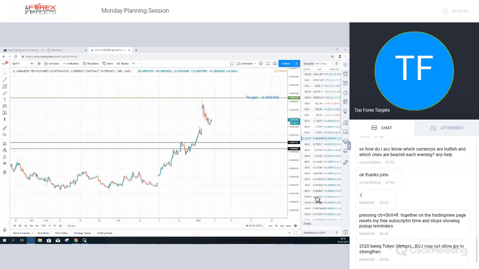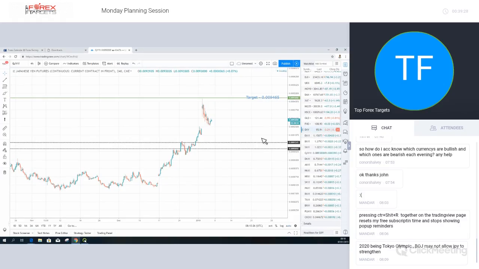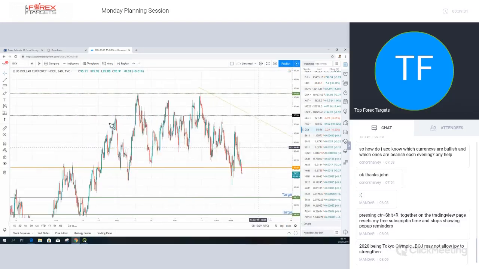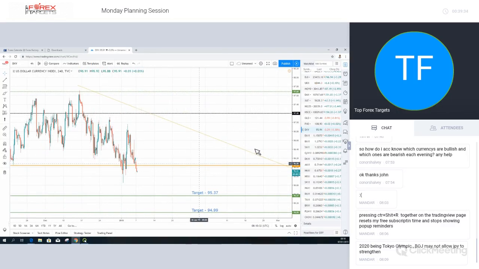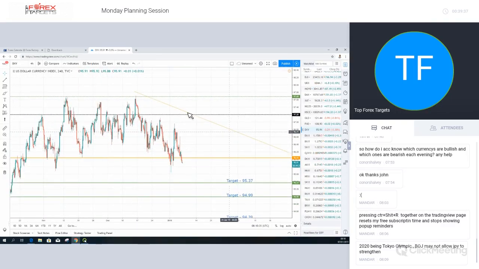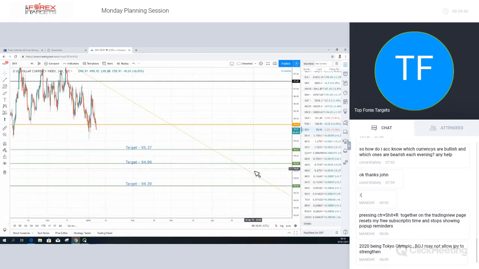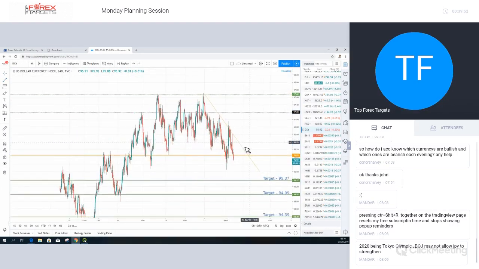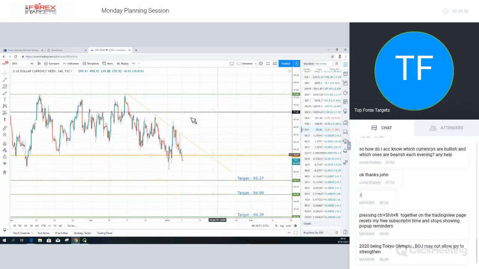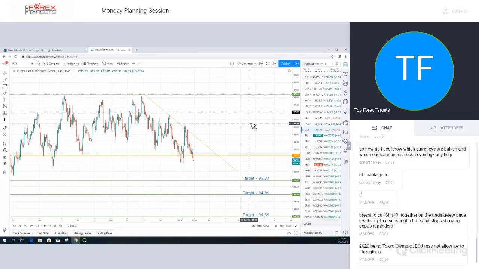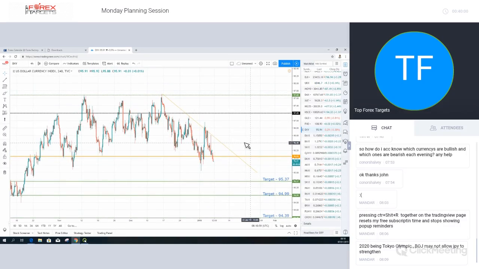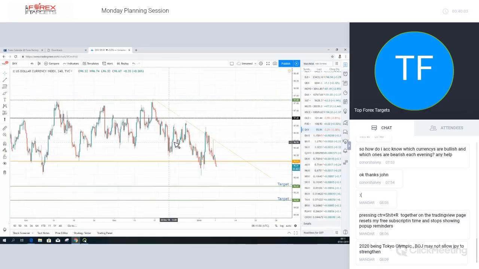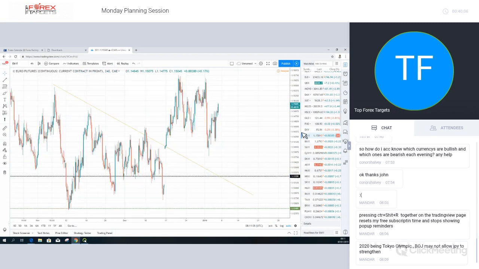So let's go and actually have a look, just very quickly, through the indices this week. You can see that we do have the US dollar below the 97.20, so we are looking at further weakening of the dollar this week. The big problem we have at the moment, or it's not really a big problem, but the slight problem we have at the moment is, you can see it's right in the middle, between the next key area of support to the downside and to the upside. So it's kind of neutral for this week. Okay, so I would be looking for further declines, but as it stands currently, it's kind of in a neutral bias.